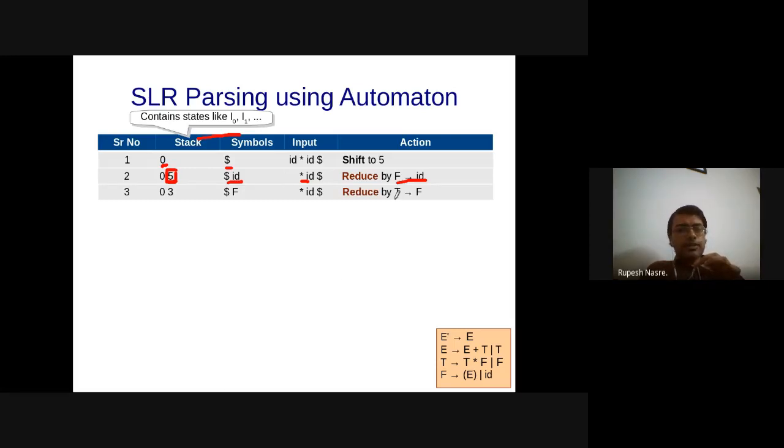Where the reduction is going to, so input has not been consumed because I'm reducing. Reduction does not consume the next input, it just changes the stack state. So now 3 was on stack top, which I'm going to pop, reduce it from F to T, and therefore I'm going to go back to the input 0, which is the stack top after popping 3.